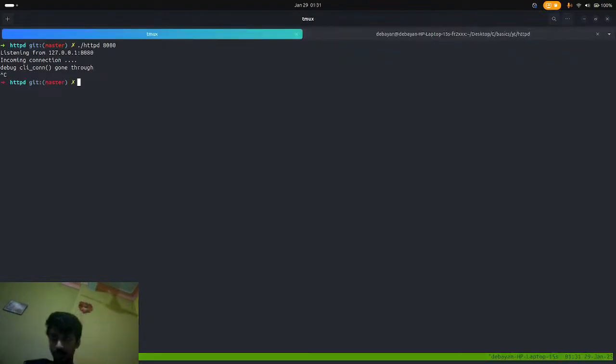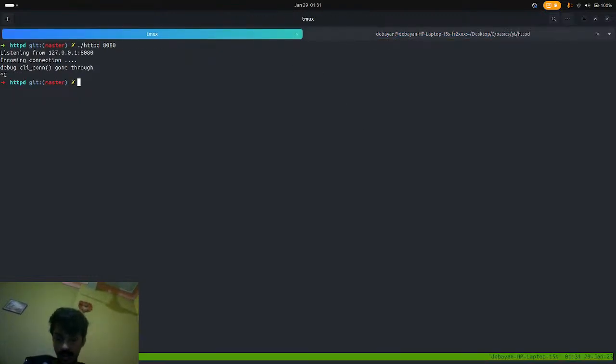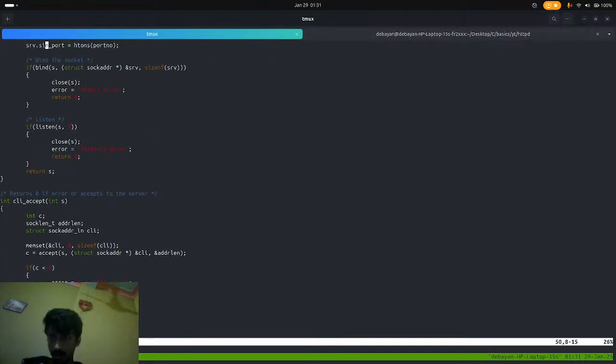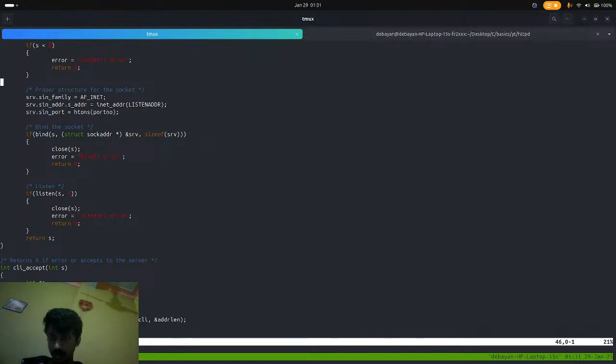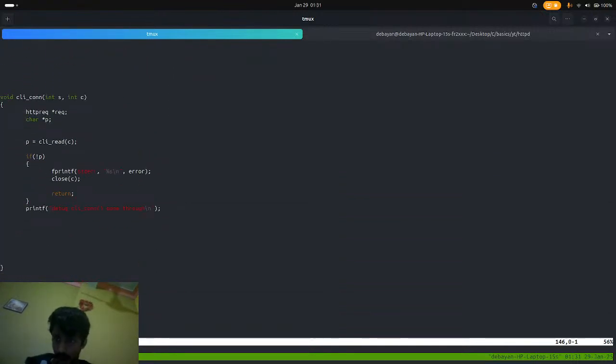Yeah, debug client gone through, so it actually succeeded. So this is how we debug everything step by step. So it actually debug gone through. So yeah, I have actually a P. So client connection is on the way. Alright folks,